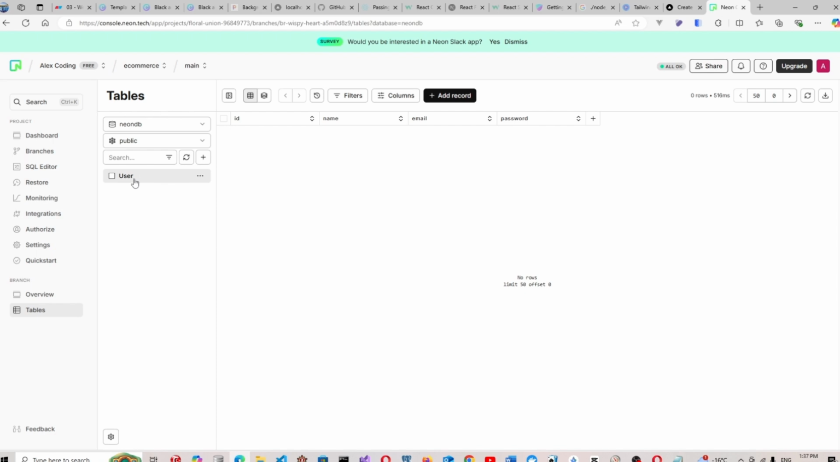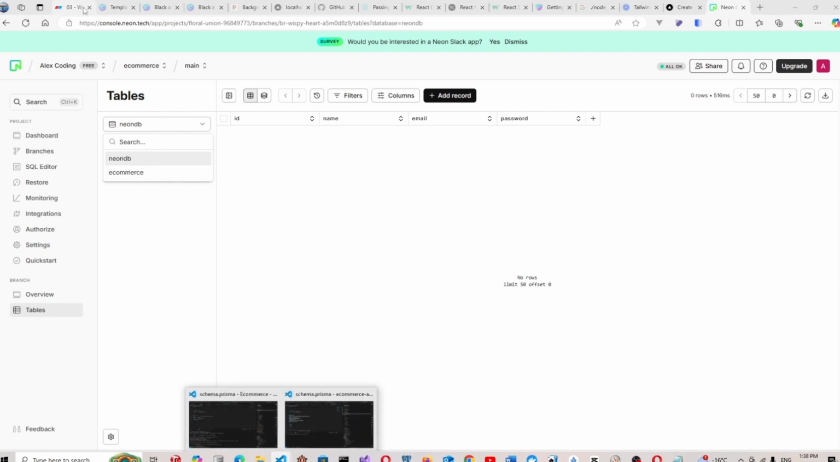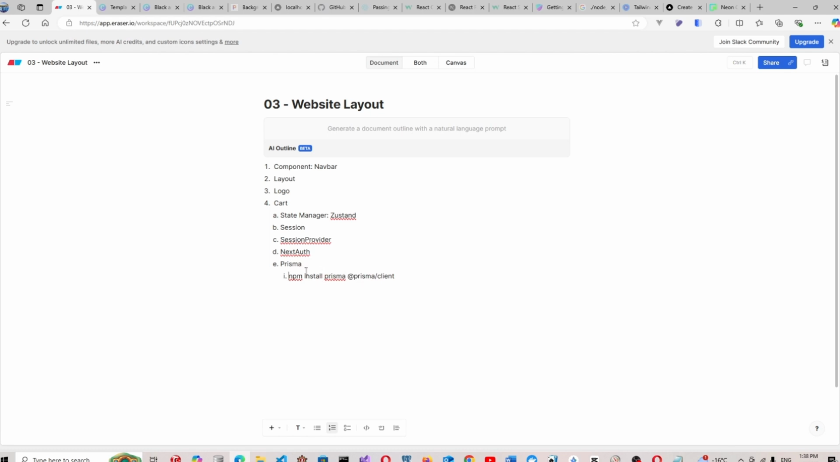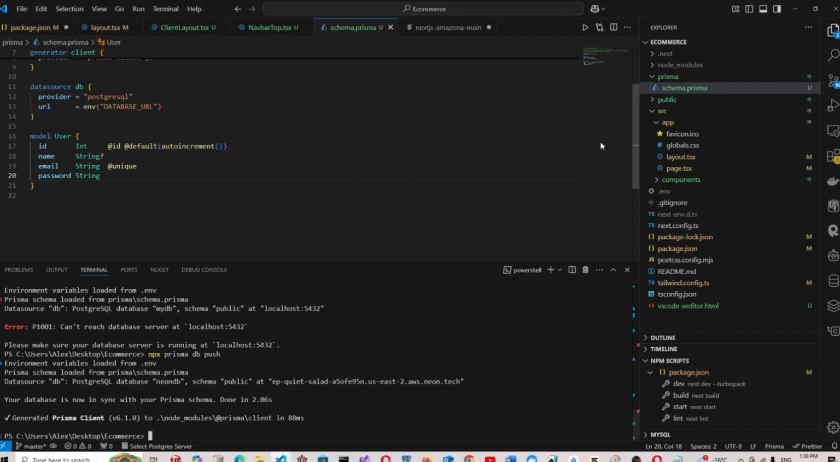Let's go to NeonDB. Actually, we want to run ECommerce DB, so we can change the connections. It's okay. So now we have Prisma set up. Now we need to set up NextAuth. We haven't set up Zustand, but next we are going to set that up. Okay, so for this, let's go back to the